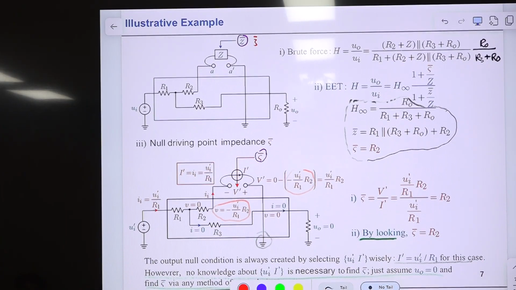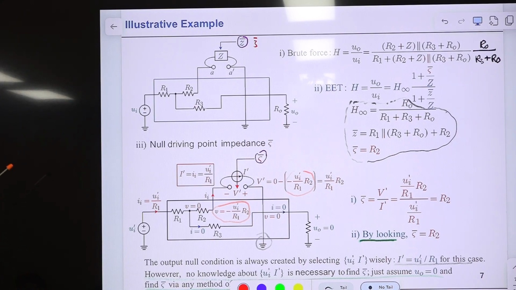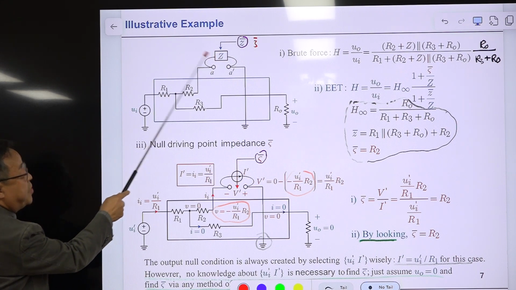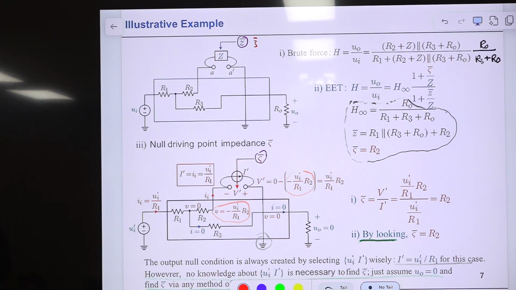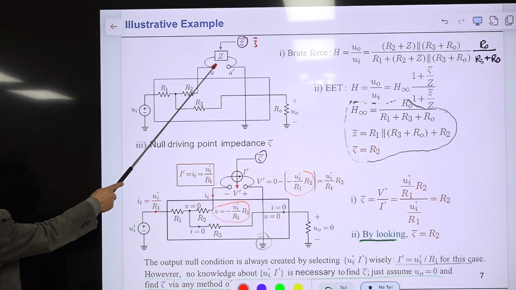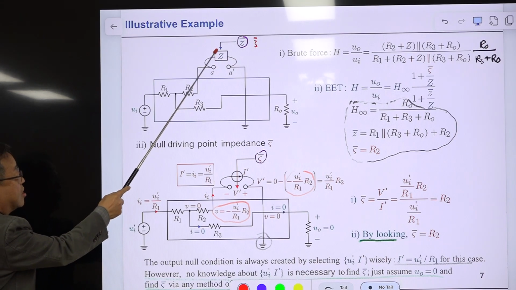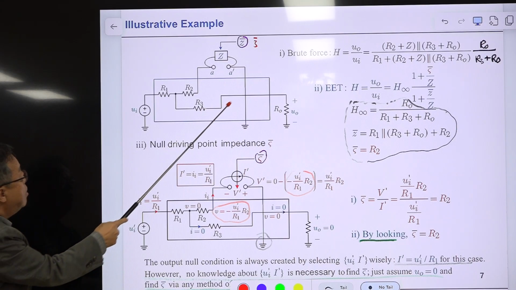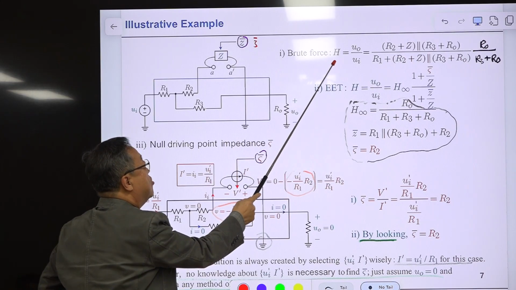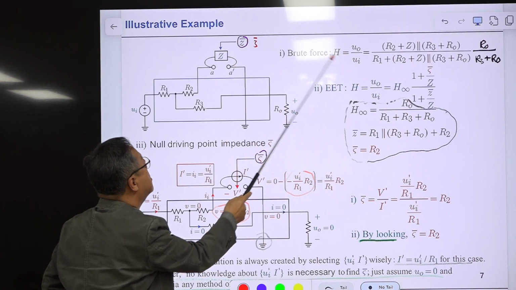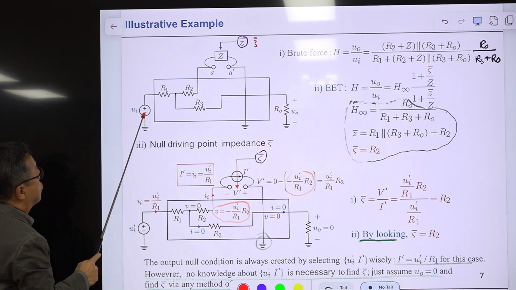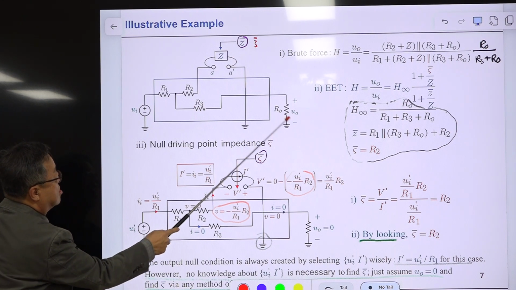Let me show one good example. This is a very simple circuit. You have 4 resistances, and this is something very simple or something very complicated. We don't know what that is. The characteristic is not known. So first we assume this is the extra element, so this is the open circuit. Then the brute force way is to evaluate this including everything. So G is here. Then the input to output. For this case, the output is this voltage.